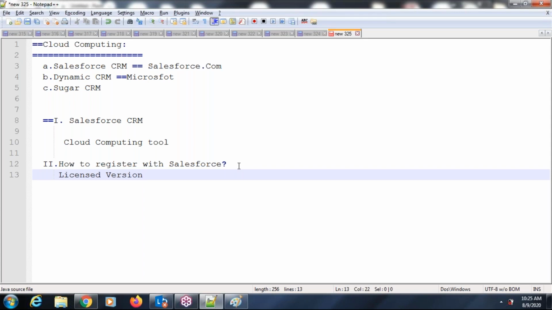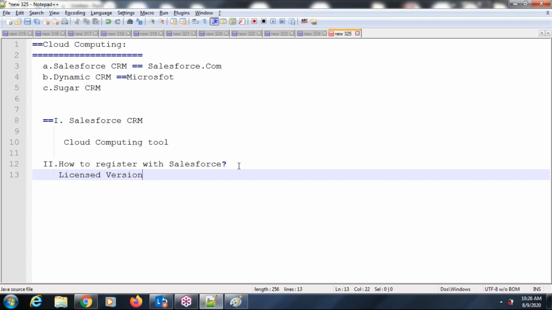Here we have another question. They introduced a free version, so if I'm going to start a business, why should I pay and get the license? Because in the licensed version, unlimited features are there, while in the free version, limited features are there. So the second point is that Salesforce CRM is a licensed version.